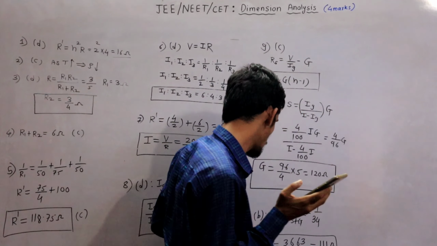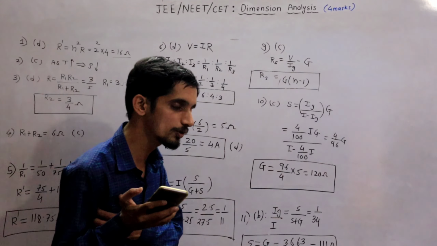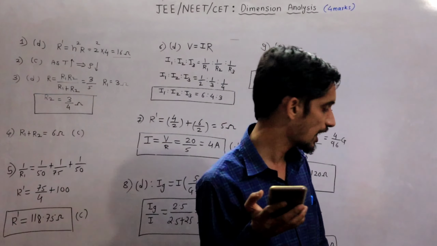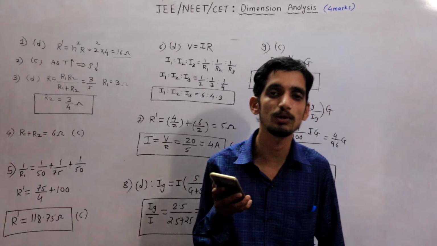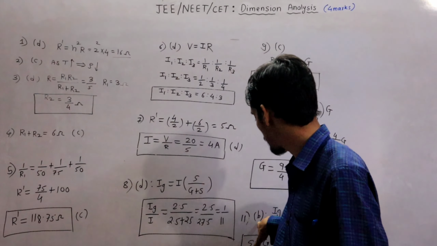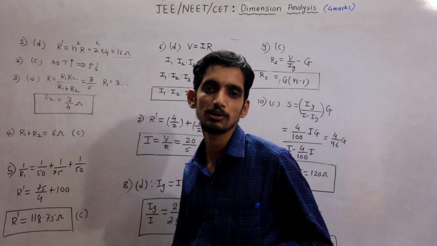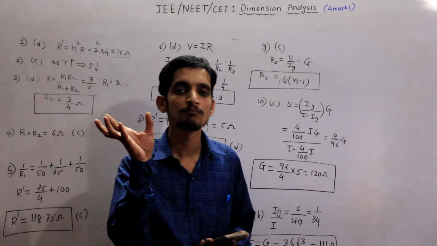So for question number 11, option B is the answer, because Ig is equal to I into S upon S plus G, and Ig upon I is given, it is 1 by 34. Clear? So this is the solution for question number 11. So basically from question 8 to question 11, these are the questions based on galvanometer, how to convert your galvanometer